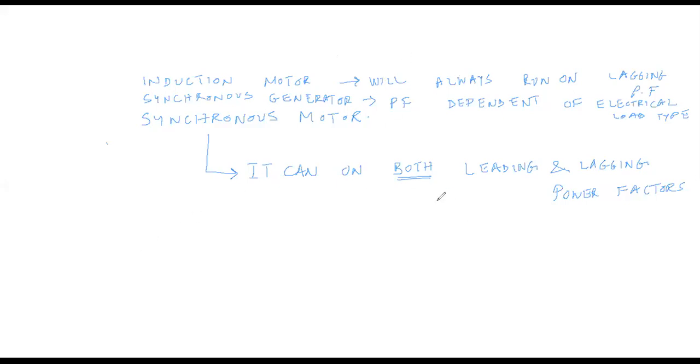Okay, so how can I make the motor run at both the leading and lagging power factor? Obviously, not at the same time. Either it could be run on leading power factor or on lagging power factor. There are two mechanisms to do this. One is to change the field current, and I'm calling the field current IF. F stands for the field, I stands for the current.